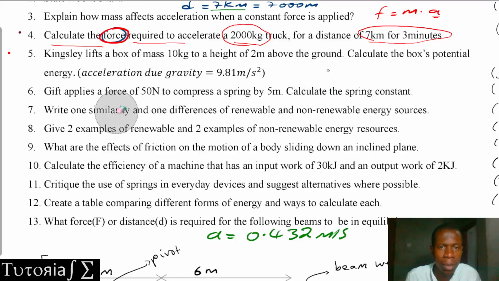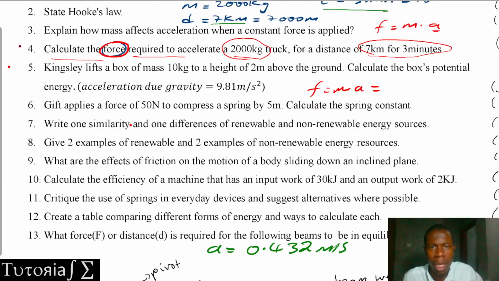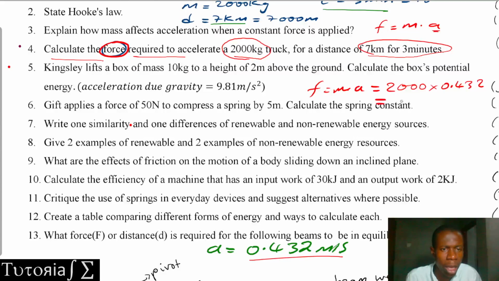So force is equal to mass times acceleration. Our mass is, what is our mass? It is 2,000 kg. 2,000 kg times our acceleration, which is what we've calculated here, 0.432, and you get a force of